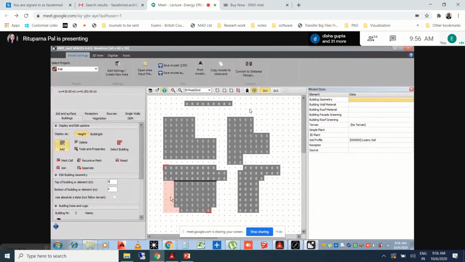As we have no buildings demarcated as 8 or 5 or any other building height, it is showing a blank space demarcated by this pink thing. Okay?